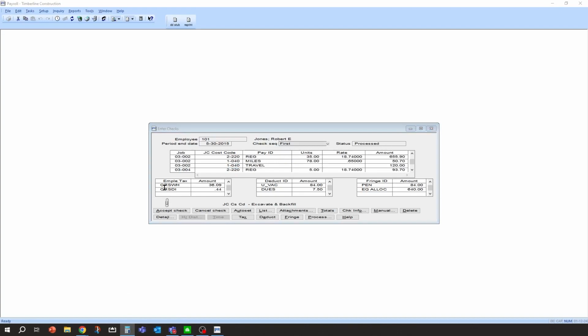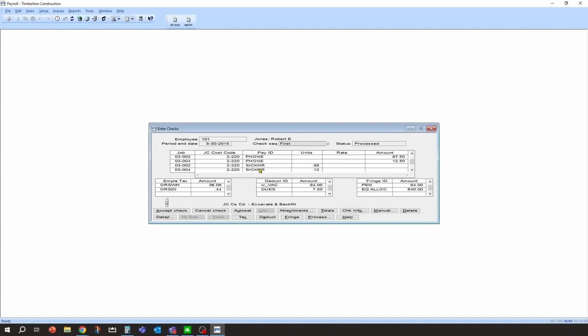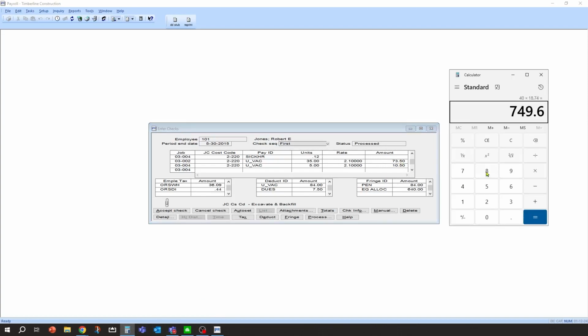So if we take 40 hours times 18.74, actually, I'm sorry, there's some additional pays that were added on top of that. So there's the 749, but then, you see down here, there was some vacation that got added to his pay as well. So it looks like $83, $84 also got added there.